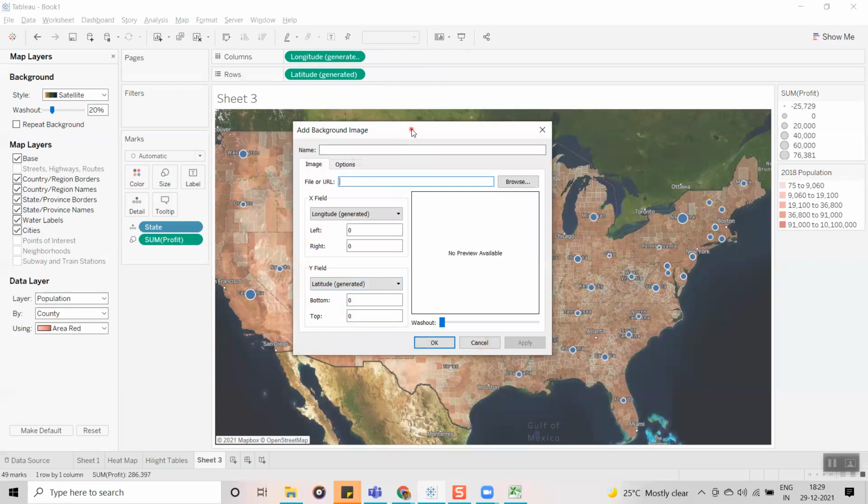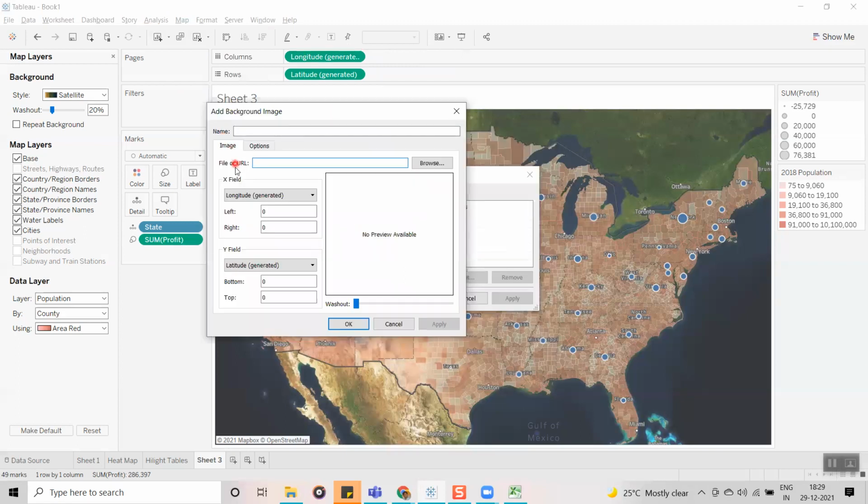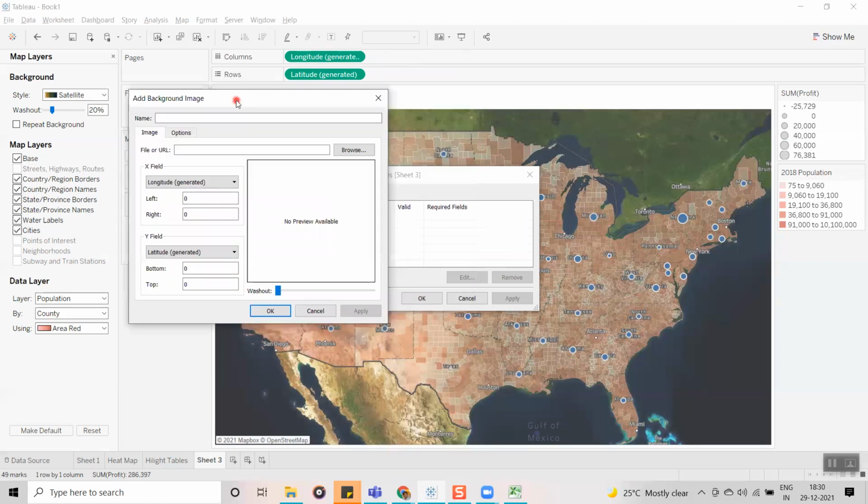Here you can see it is asking for name, file or URL, and longitude and latitude. To give background images, you have to create two calculations, an x-axis and a y-axis. I will show you how you can use the background images.